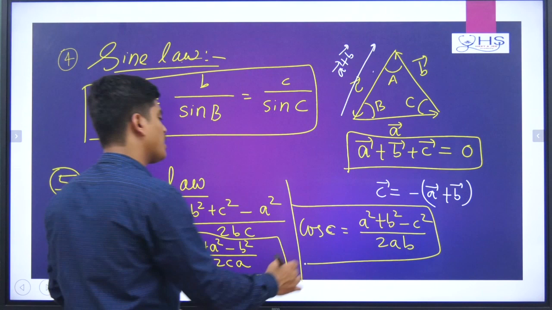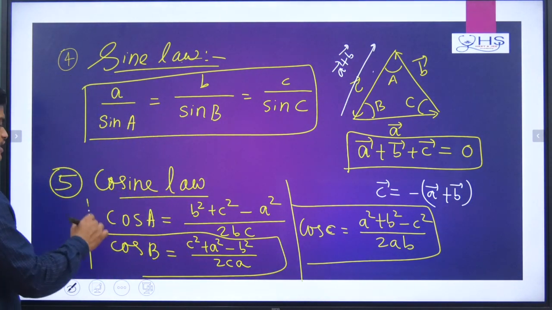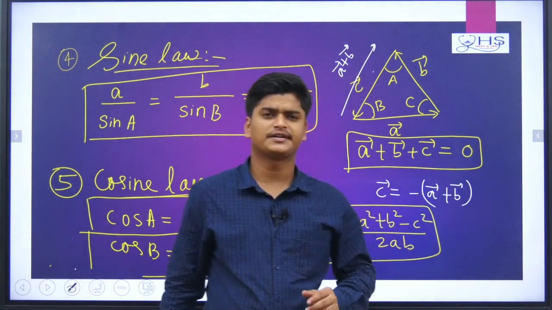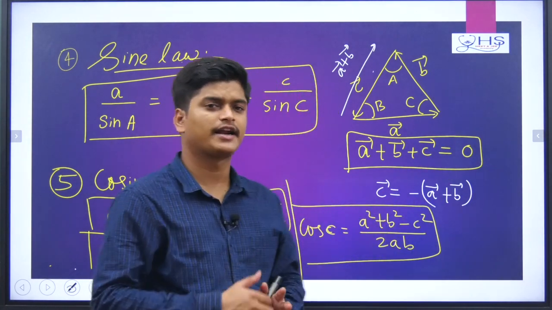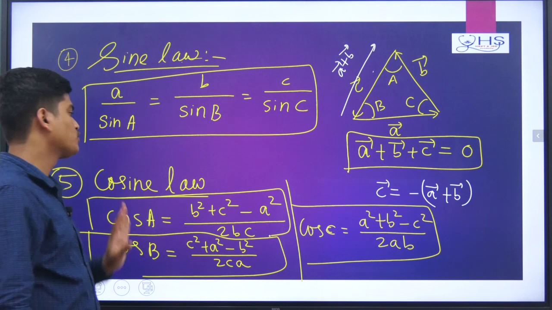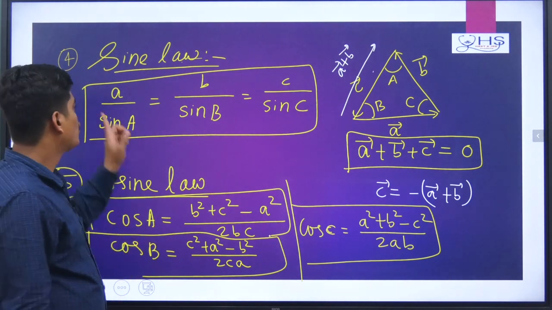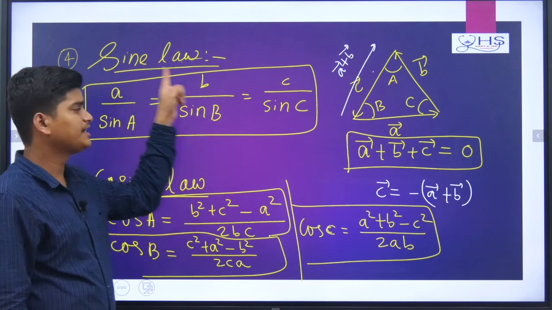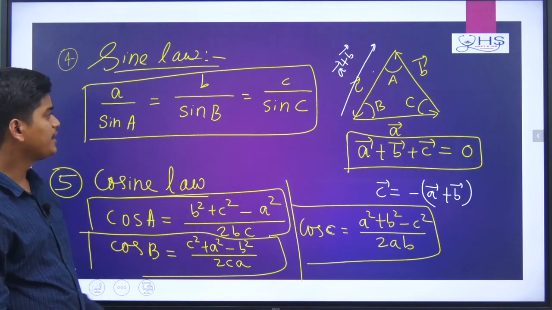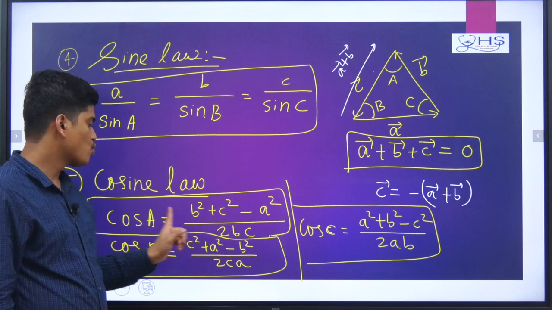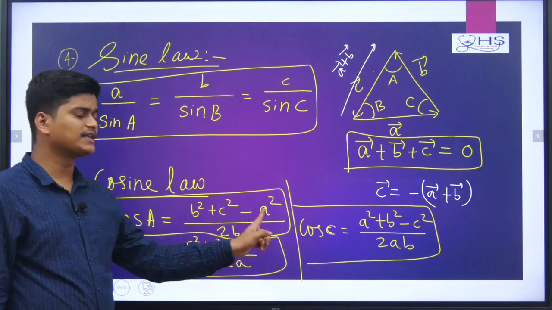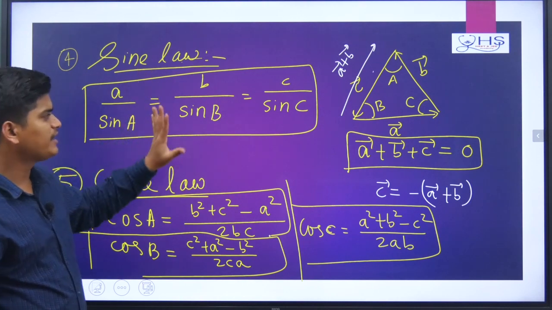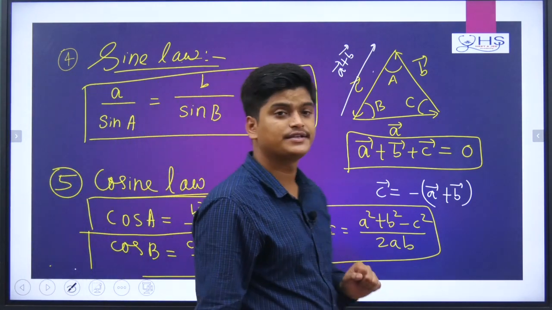So here is another formula I am getting. Remember, all things we can derive from here, but no need to derive this, just directly remember sine law and cosine law. Two sides given, one angle given, another angle is asked, then you can use this formula. And if two sides are given, one angle is given and another side is asked, then you can use the other formula. Keep in mind, in questions we will see how to apply this formula.